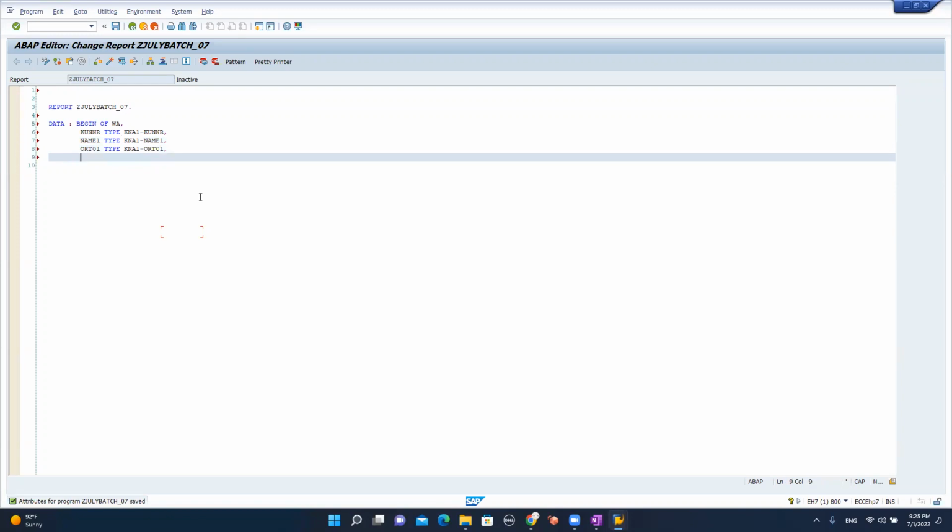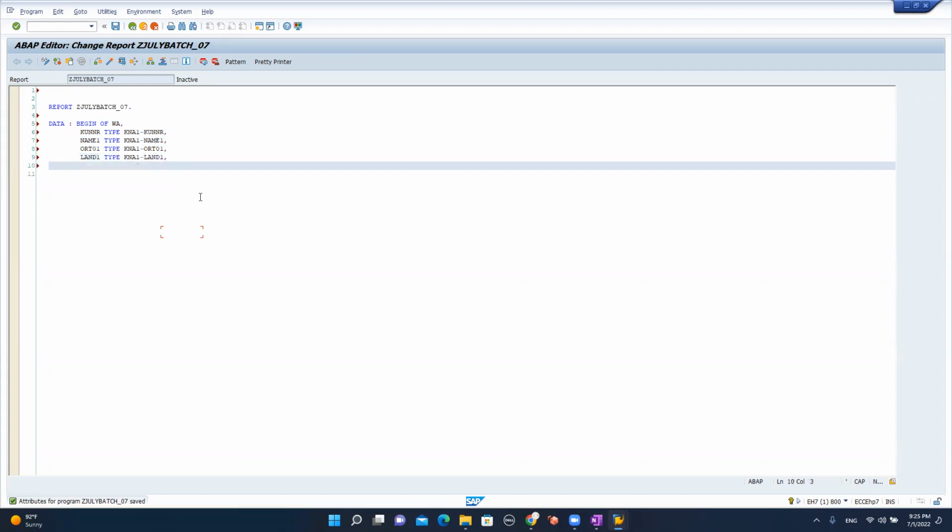Then land 1, type, KNA1, hyphen, land 1. How simple is that? No need to remember what is a type, what is a length, or what is a data element. You know table name, you know field name. Same field name. Okay. End of